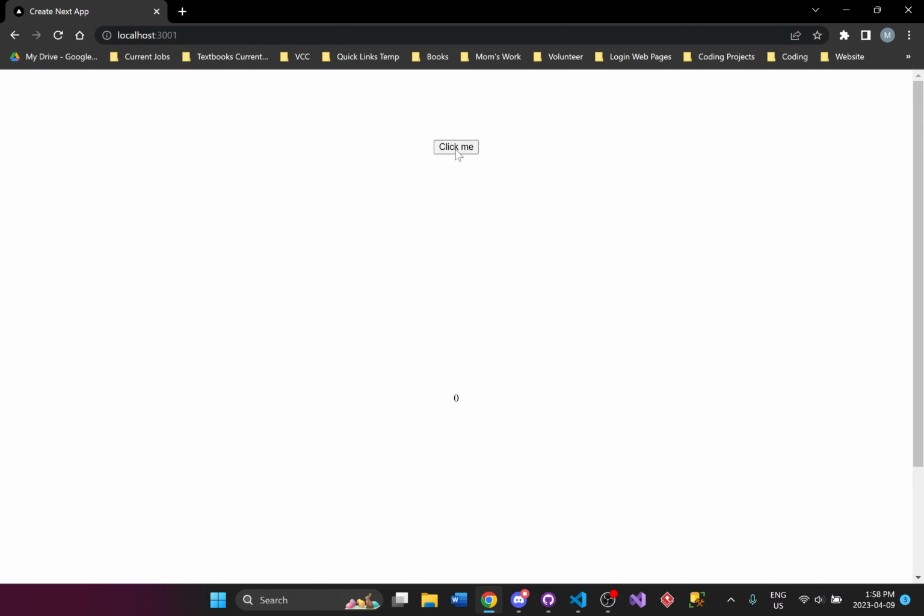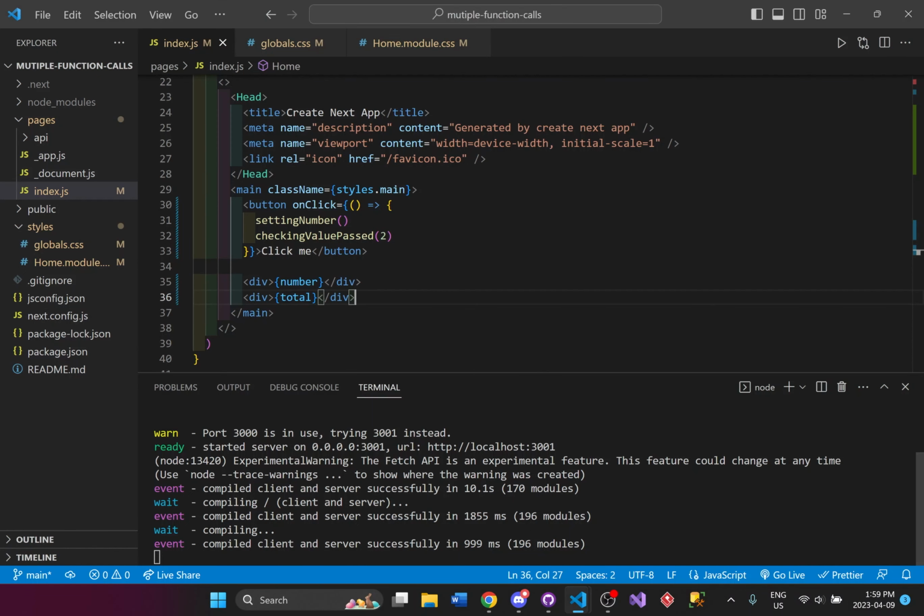So if I click the button, you can see the first one is 10 and the other one is 2. So these two functions in the back that are being called are working simultaneously, and that's what we want. So if I keep clicking it, you can see this always stays at 10. This looks like it's going up by 2, but you can see that this is working now, and that's how you go about adding or calling multiple functions on an on-click.